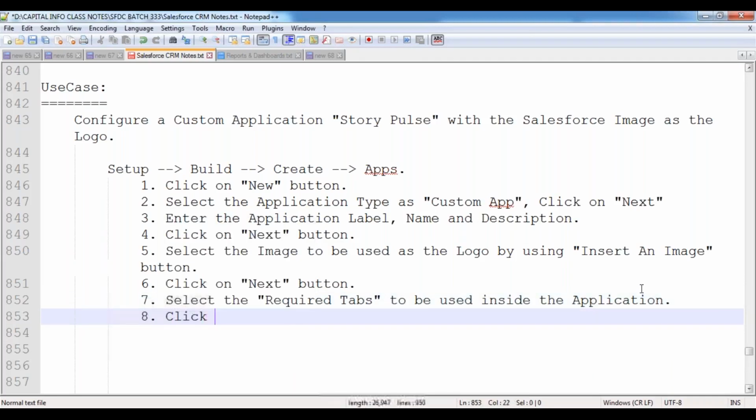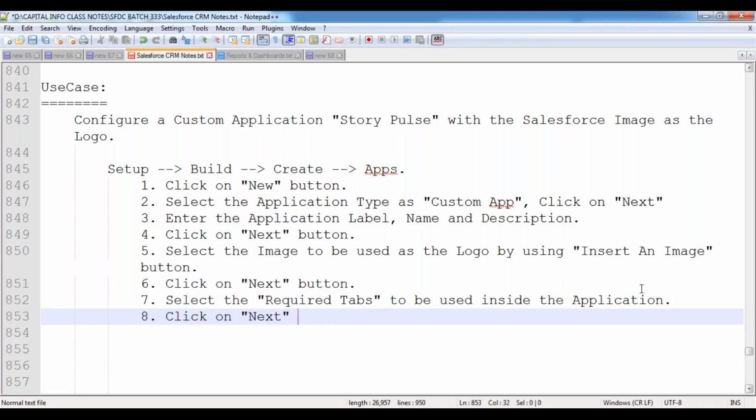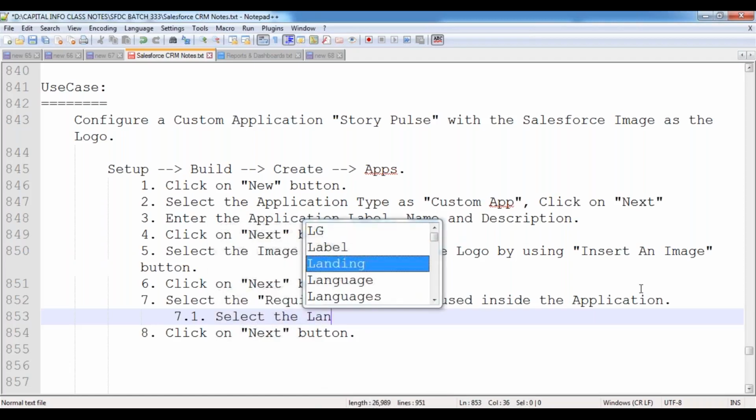And then click on next button. Okay, click on next button. Here in this case, as part of the 7.1, we can select that landing tab also. Okay, now select the landing tab